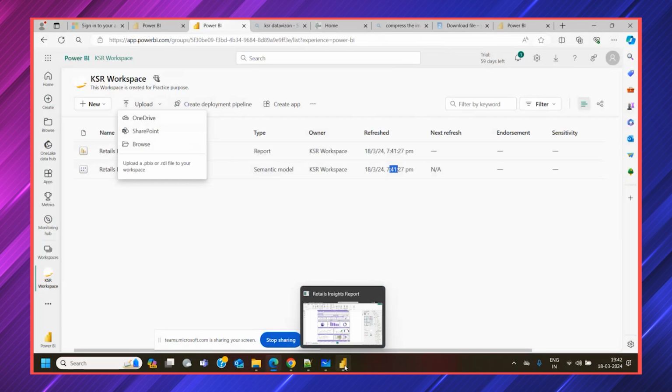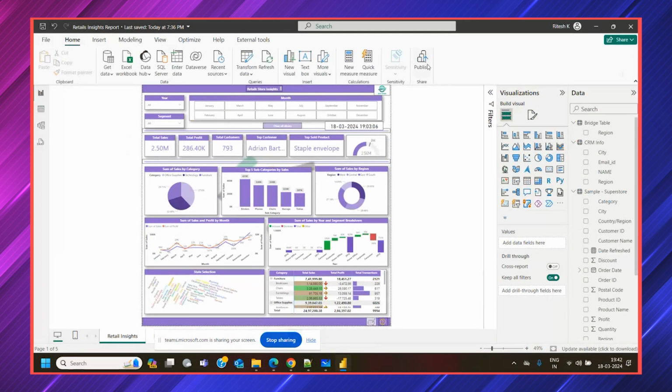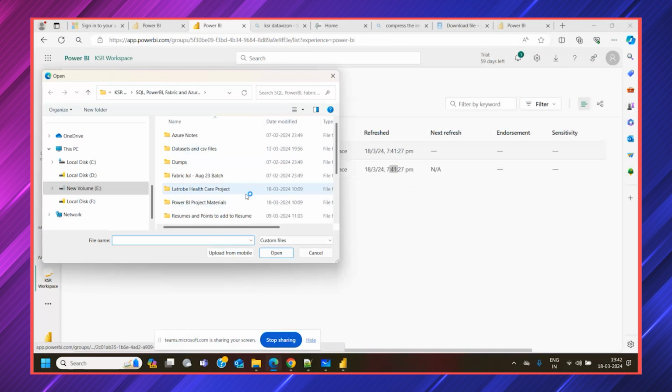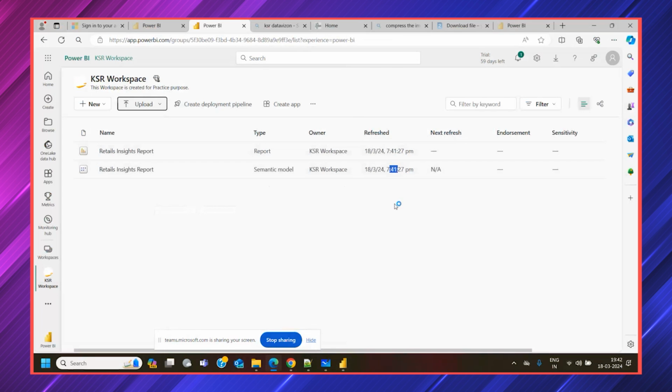But in most cases, if you are working as a Power BI developer, either you use this publish option or else you go back to your service, click on browse, where you have saved your PBIX file, get that PBIX file and upload it. If that same file is present, you have to replace that file. Now this is basic information you have to get started with once you are new to the Power BI service. Further, in a few other videos, you will be getting more ideas, more options which are available in Power BI service. That's it for today's